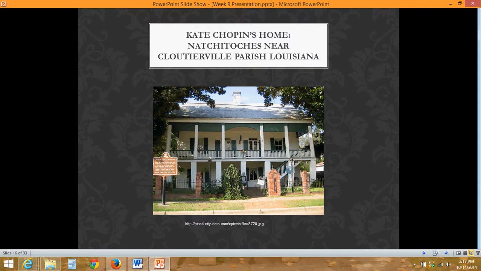So if you ever were down there in Louisiana and wanted to check it out, you're welcome to. So you could see that it's not as opulent as the home that we showed earlier in the slideshow, but it's definitely more well-to-do for sure. It has 2 stories, it's several rooms, so it's definitely not anything to shake a stick at.